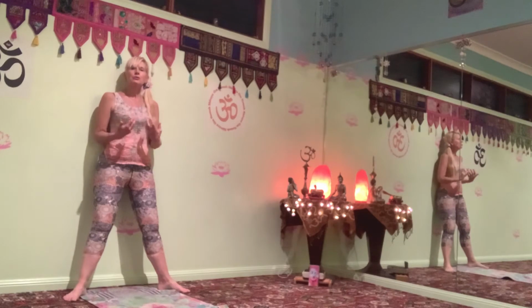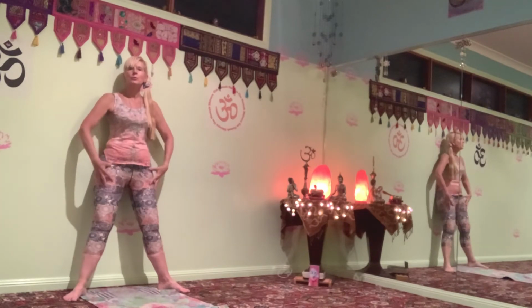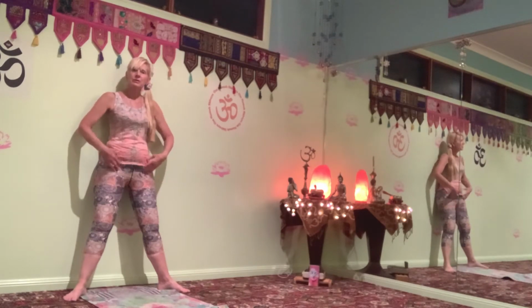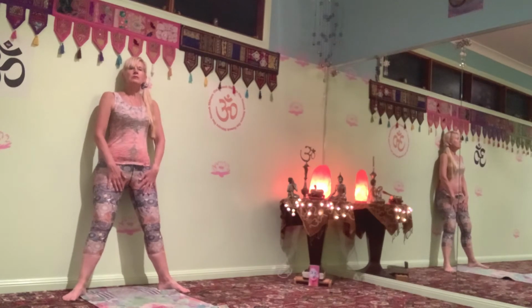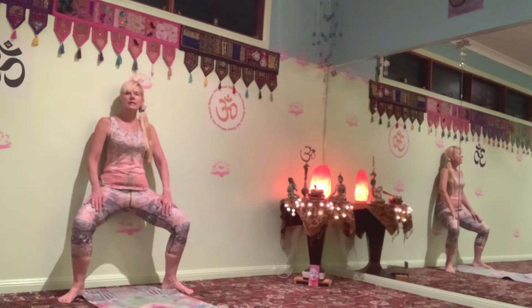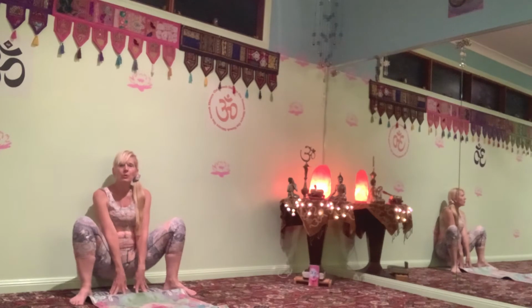So as I said, this will help to support you as you come into a squatting position, and it particularly helps to keep the whole of the spine nice and straight while we're working on opening up this pelvic groin area. It helps to release tension in the hips and in the pelvic area. So we're going to start with the hands on the thighs, and we're going to just start to bend the knees and begin to gradually slide your back down the wall, coming down slowly until hopefully your bottom comes to